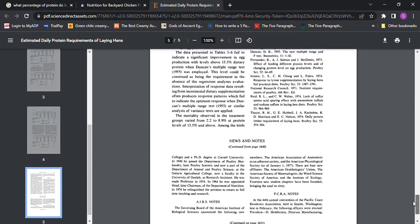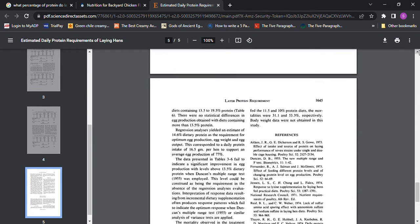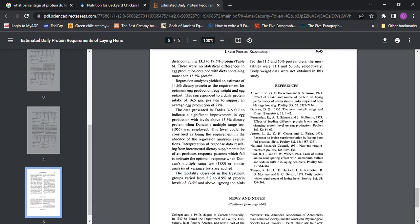And you will read, when you get towards the end of it, it says, and right here, the mortality observed in the treatment groups varied from 2.2 to 8.9% at protein levels of 13.5% and above. Okay? Among the birds fed 11.5 and 10% protein diets, the mortalities were 31.1 and 53.3% respectively. We don't want 53.3% mortalities, because, and if you look at these YouTube videos where people are doing their own